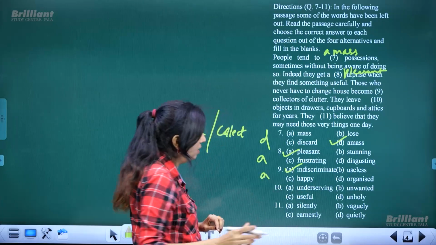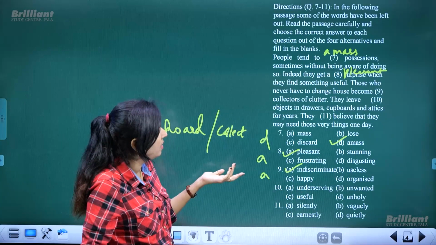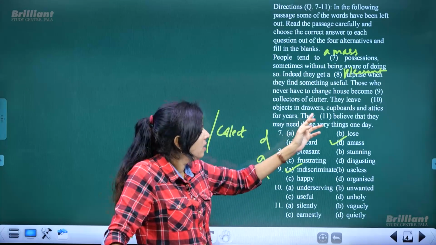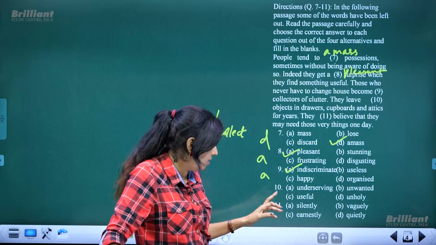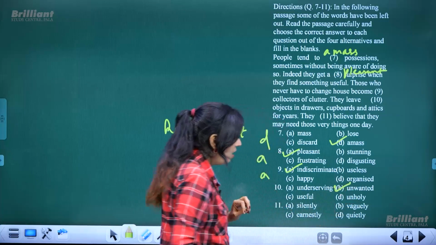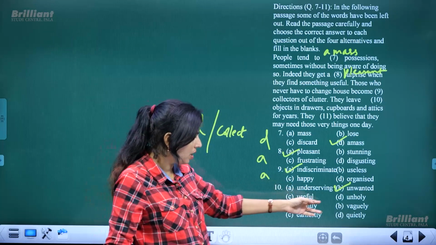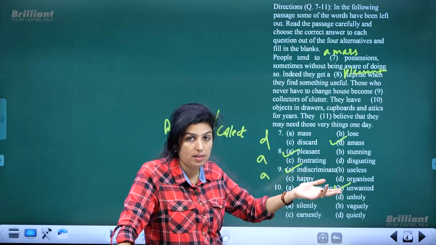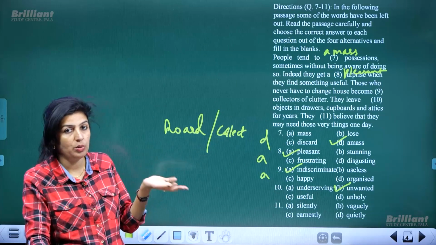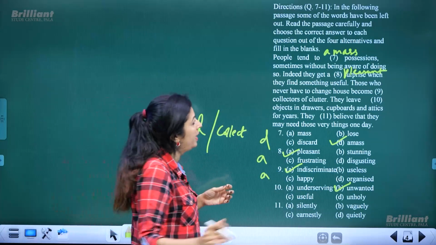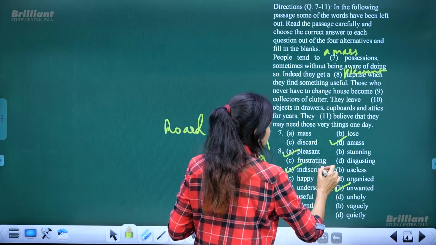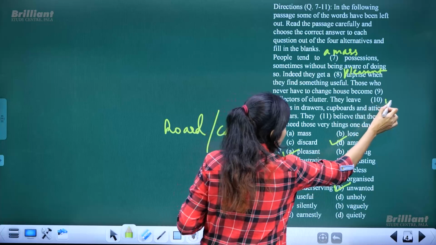Not happy, but they become indiscriminate collectors of clutter or waste things. They leave unwanted objects. Sometimes we leave not undeserving or useful or unholy, but unwanted things. We are talking about collecting things which may not be of any use later. So, those who never have to change house become indiscriminate, and they leave